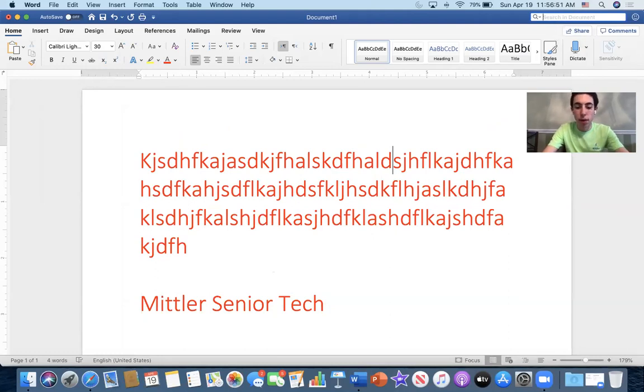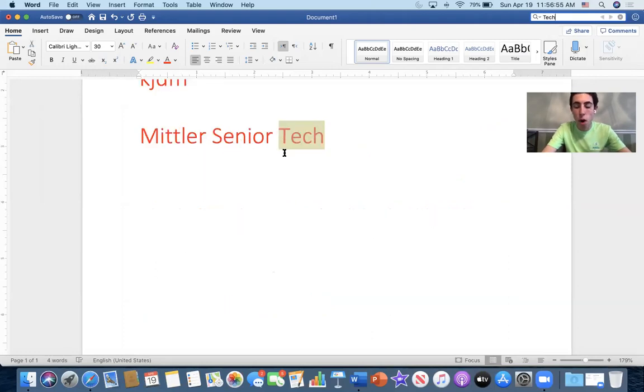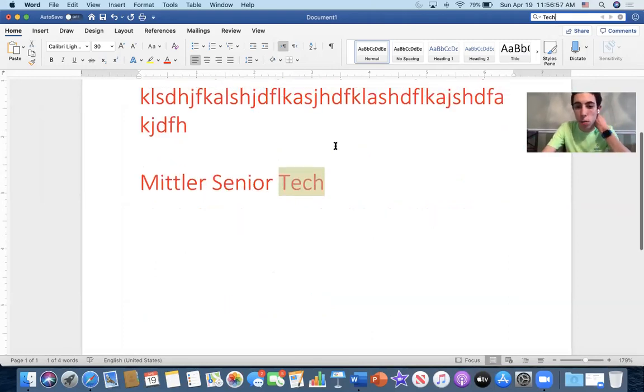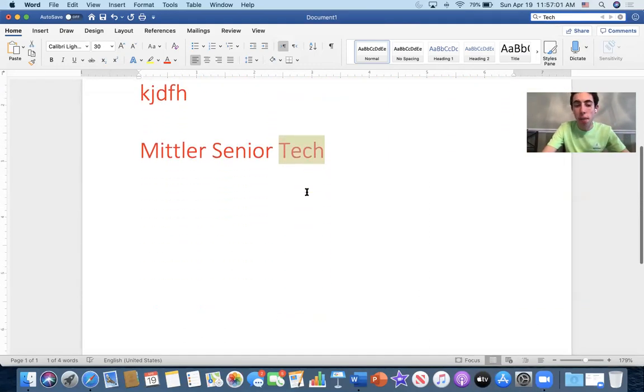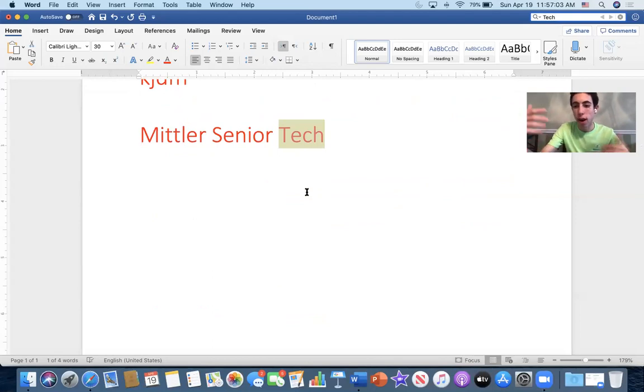And if I type in, for example, tech, then it will highlight all the pieces in the document where the word tech comes up. And this is very useful if you have a long document and you want to find certain words. It's also very helpful if, for example, you spelled something wrong throughout the entire essay and you want to change them all at the same time.